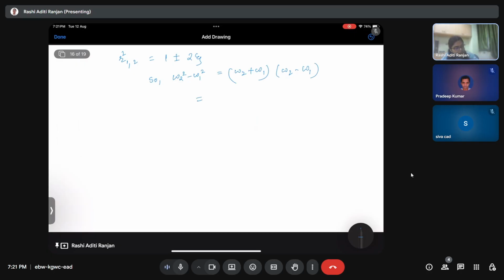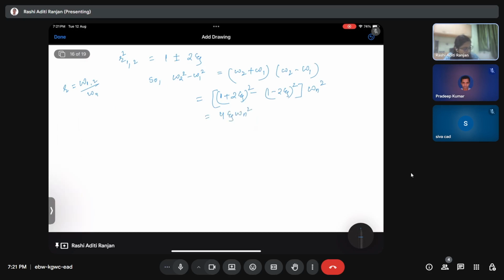And we know that r is nothing but omega 1, 2 divided by omega n. So we can write it in terms of r as omega n into r, so we have r1 and r2 square. So we can write omega 2 square minus omega 1 square as what? We can write it as (1 plus 2 eta) square minus (1 minus 2 eta) square into omega n square. Now using the binomial expansion, since eta is very small, we can write it as 4